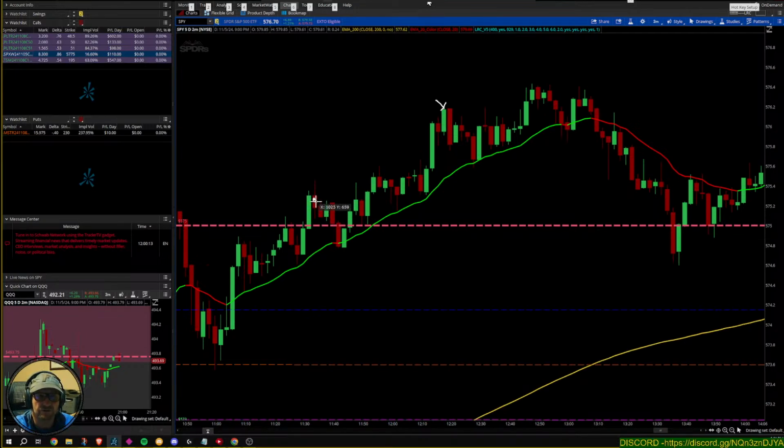I got in here. I was in a pretty good bit of drawdown here, right? At this point, I did get a push up. Now, I did follow my rules here. I had one close. If I had a consecutive red close, I would have exited for a loss. That's just how I trade, my strategy. I didn't exit because of this green candle push back above the 20, so it gave me a little bit of life. It pushed back up again, went here and here, and I think this was where I took two off on this candle, and I held the last one all the way to here.